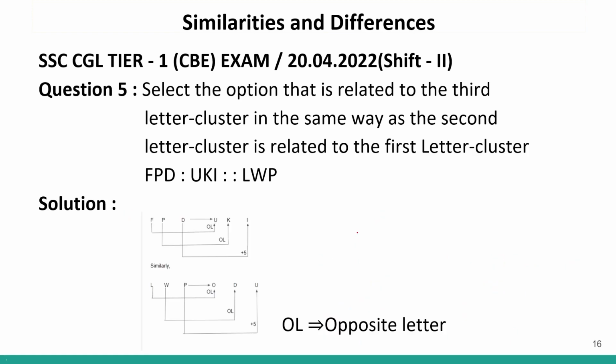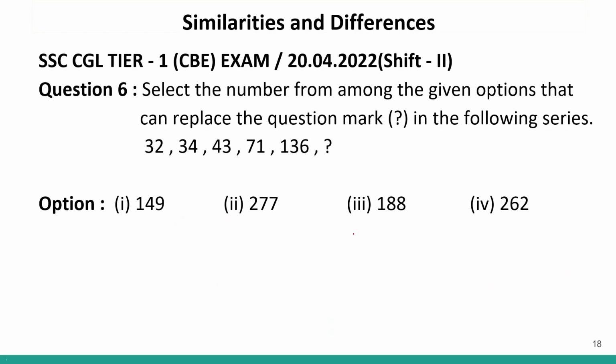Okay? Now, in this particular question, we have to find which will fill this mark. So here I can see an increment of 2. Here there's an increment of 9. Here there's an increment of 28. Here there's an increment of 65. So again, I cannot make out any logic.